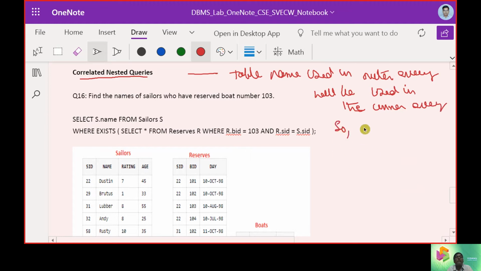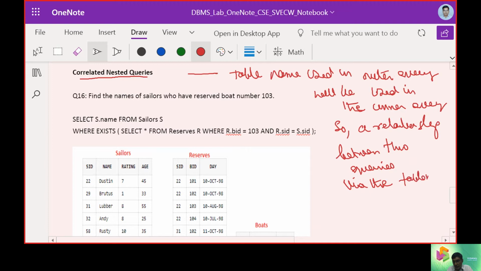So we can say a relationship between two queries via the table names or attributes.